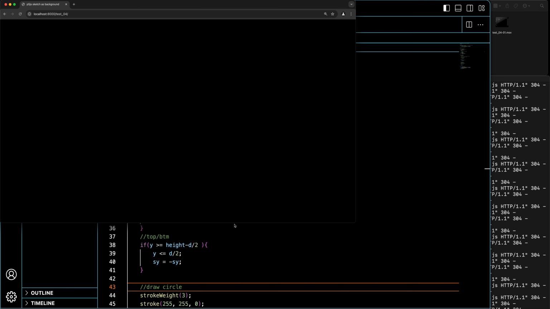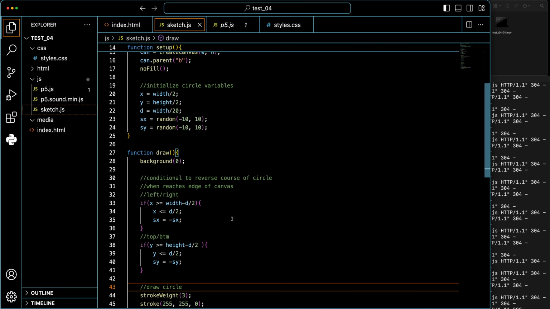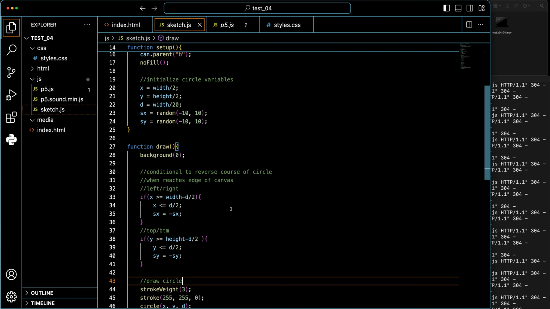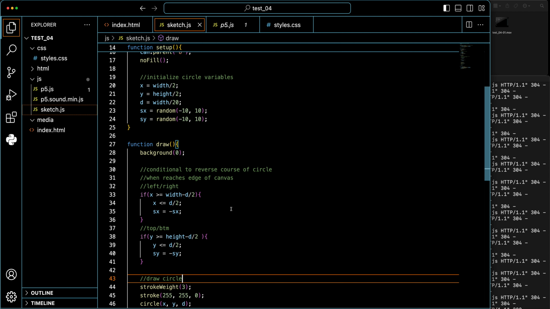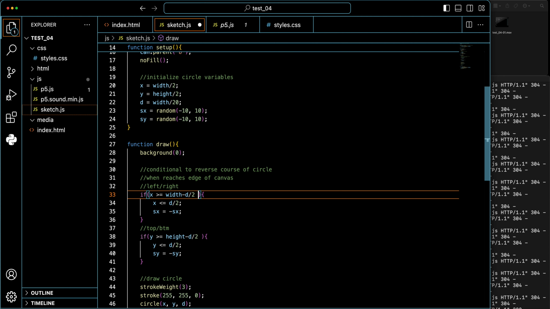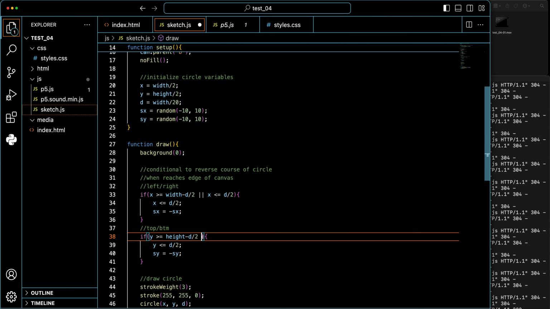Oh, it doesn't. What did I do wrong? If x is greater than width minus d over 2, sx equals d over 2. Right, that looks right to me. Oh, I don't have the or. Hello, stupid. Or x is less than or equal to 0, or just d over 2. And then or y is less than or equal to d over 2. Okay, now